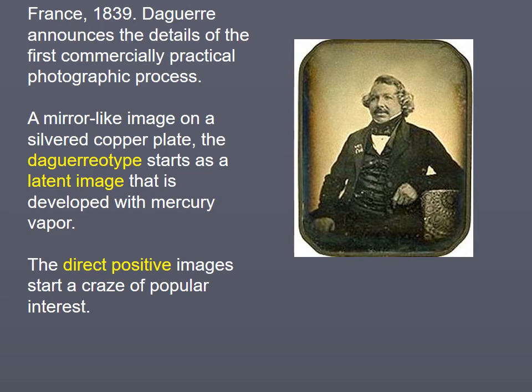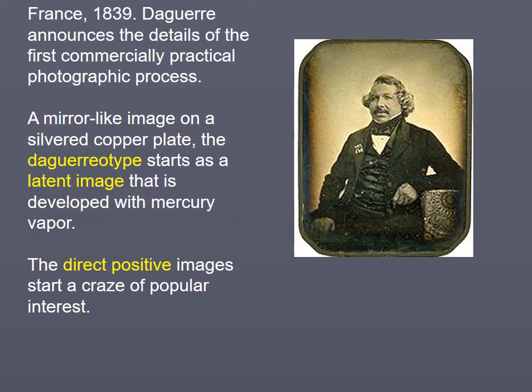In 1839, he announces the process he calls the daguerreotype process. Here he takes this silvered copper plate and he coats it with silver salts, and he puts it in the back of a camera obscura, giving it exposure time, and then that has to be developed in mercury vapor. We all know what mercury does to us, so the early daguerreotype photographers were compromised in their lifespan because of this process.